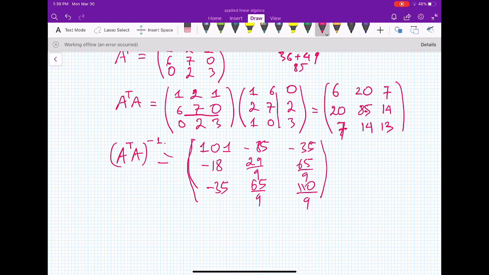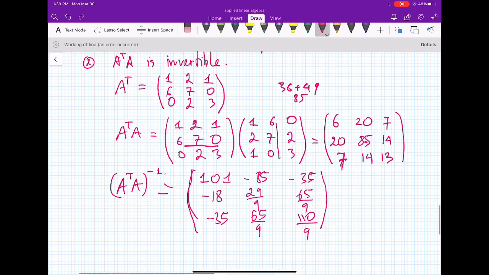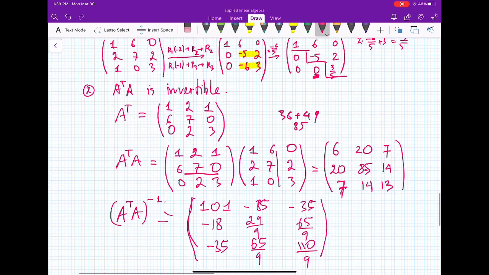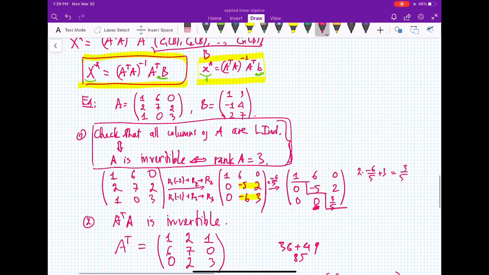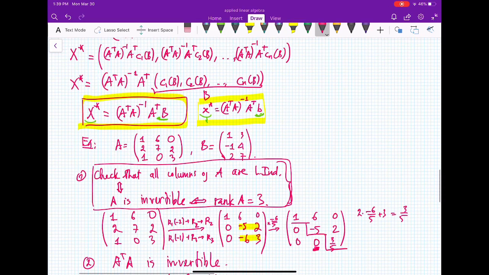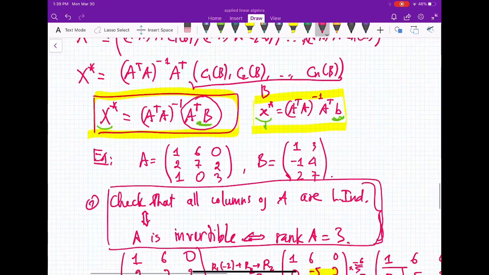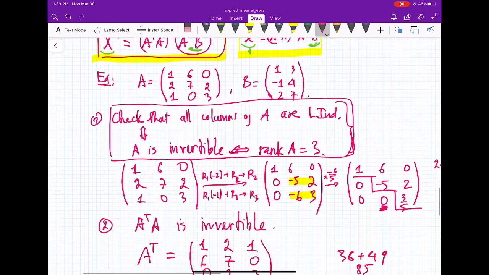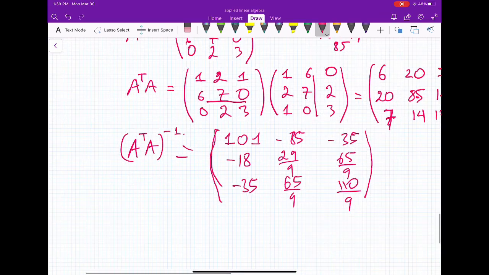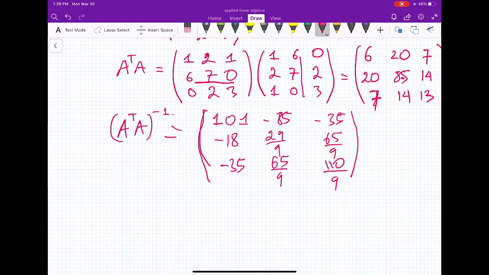So now you already have the inverse of ATA. And then once you have the inverse of ATA, you apply it to this matrix ATB, right? So you still need to find ATB. So we need to do a lot of matrix multiplication in here. Let's find ATB. So what is ATB? That is